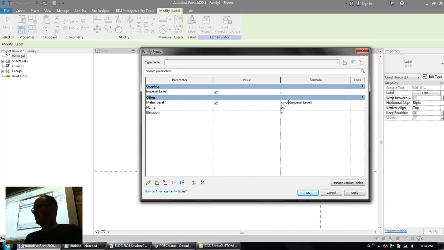What does this mean? It means metric level's value will be the opposite of the imperial level. So, if imperial is checked, metric will be unchecked. So it's like a two-way light switch. You flick it off, the light, yeah, right? So now if we hit apply,